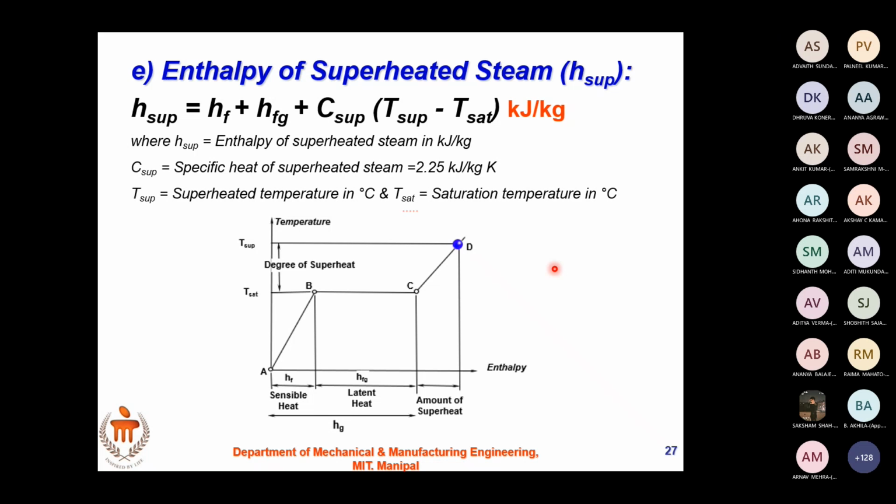Ma'am, but why is the specific heat of steam lower? Which one? Where? What value? Ma'am, the specific heat of superheated steam. Why is it lower than that of water? What is CP, specific heat? How do you define specific heat? The amount of heat to raise the temperature of 1 kg of substance by 1 degree Celsius at constant pressure. Okay, that is CP, specific heat at constant pressure.